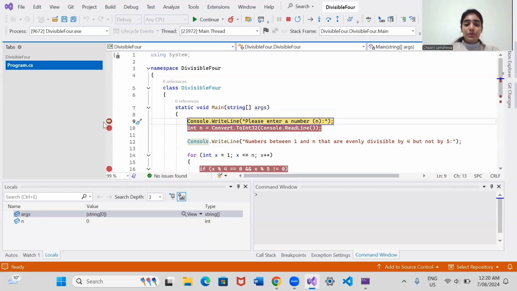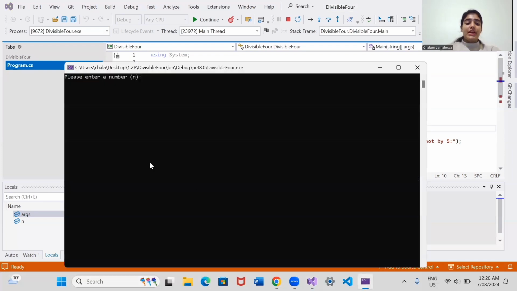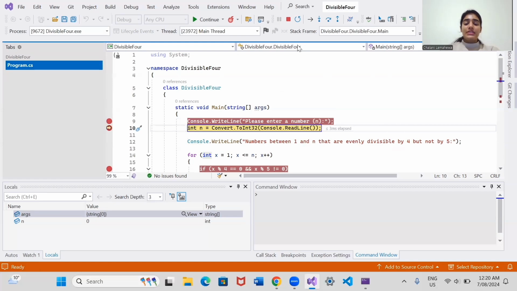Now the program has paused over this line where it says please enter a number, and if we step over this line, the console should be printing out please enter a number, and it has. So that means that line of code is executing properly. Now the string n where I enter the number should be converted to an integer and then stored in the variable n. Now if I step over that line,